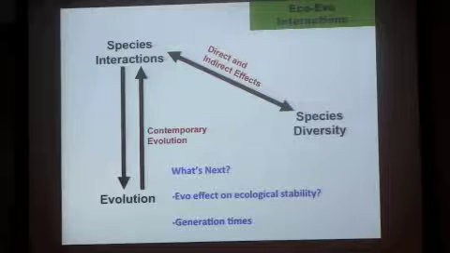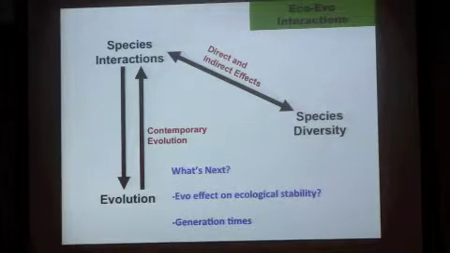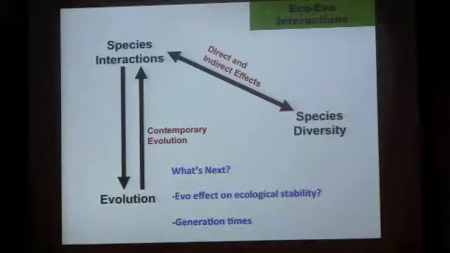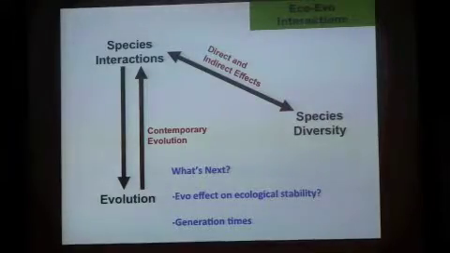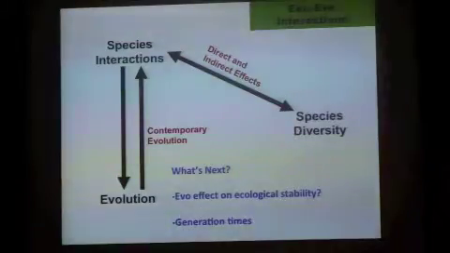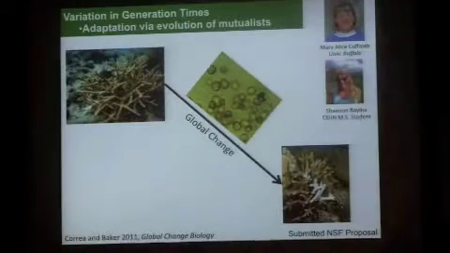So that's one thing. And then the second thing we're interested in is generation times. I mentioned at the beginning that you don't expect to see these evolutionary effects with elephants, but you might with bacteria. And so differences in generation times between interacting species are really common. You have, say, annual plants being eaten by mammalian herbivores, or you could have really long-lived plants being eaten by insect herbivores with really short time spans. And so it might be really common that generation times differ between organisms.